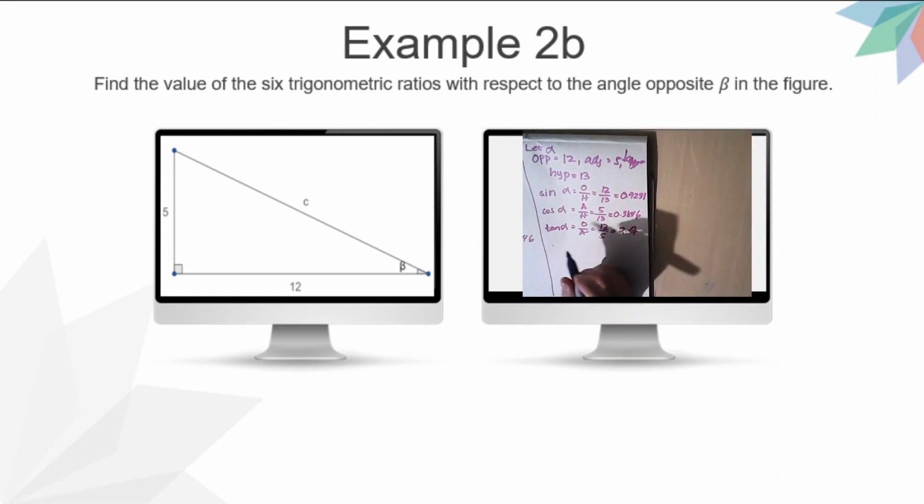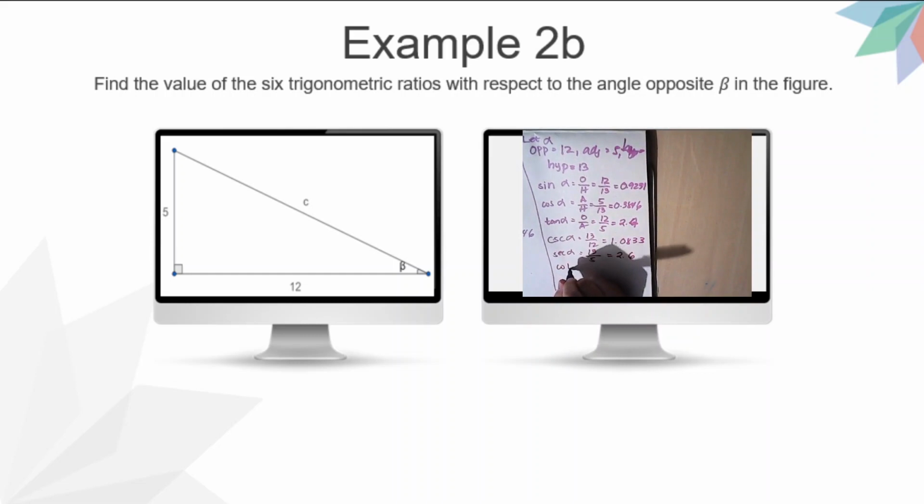Okay, we are going to now get the reciprocal functions or the reciprocal ratios. So, reciprocal of sine is cosecant. Cosecant alpha will be 13 over 12 because that is hypotenuse over opposite side, which is 1.0833, while secant alpha is the reciprocal of cosine, so it will be hypotenuse over adjacent. So, we have 13 divided by 5, which is